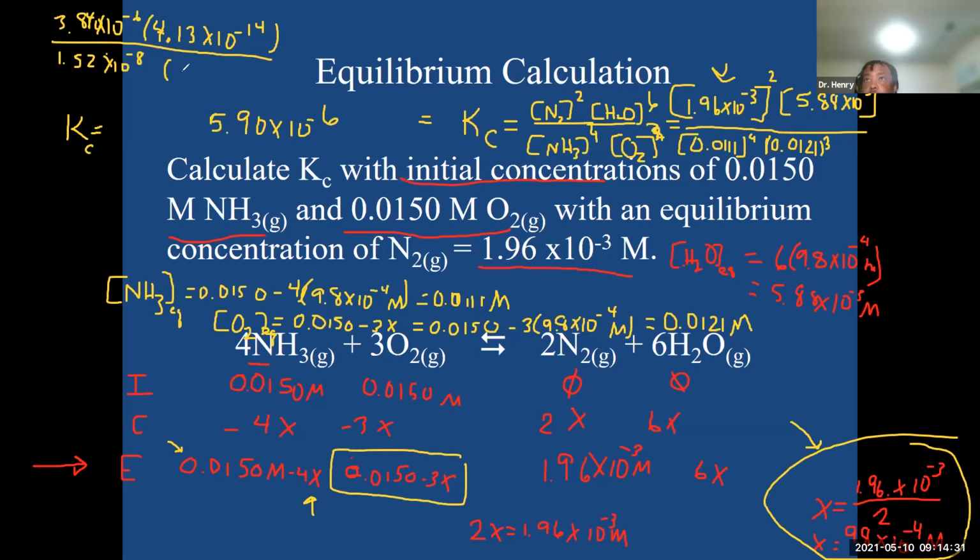Okay, so 1.77 times 10 to the negative 6. Let me try this again. Okay, so to make ourselves